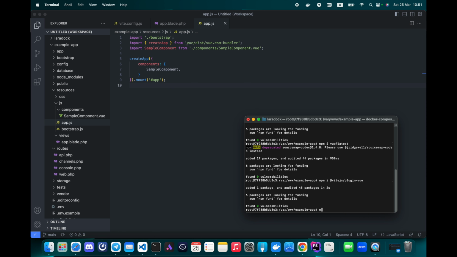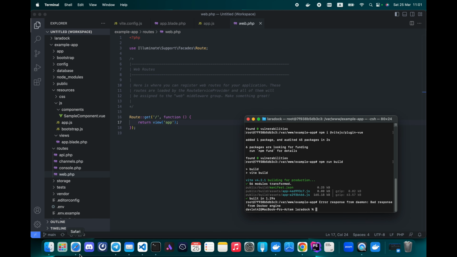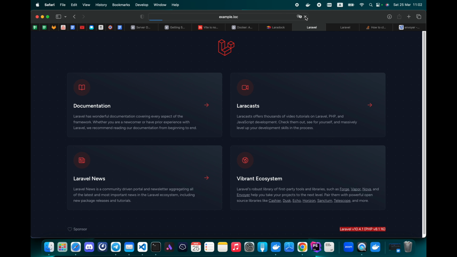Okay, now let's run the npm run build command, which will build the modules that Vite will load on the web page. We can reload the example.log page in our web browser and see the Hello World header.